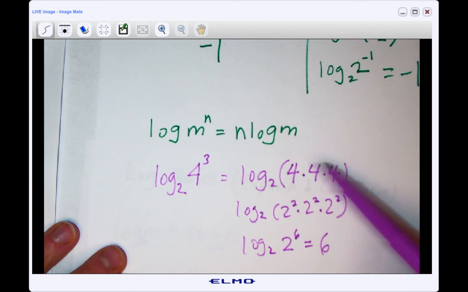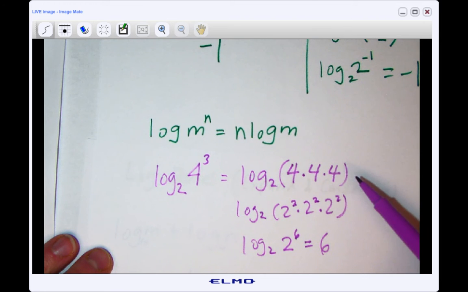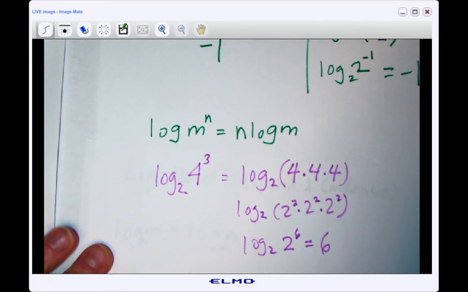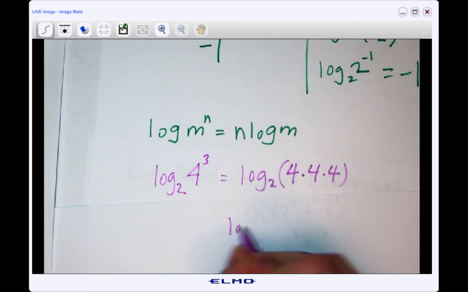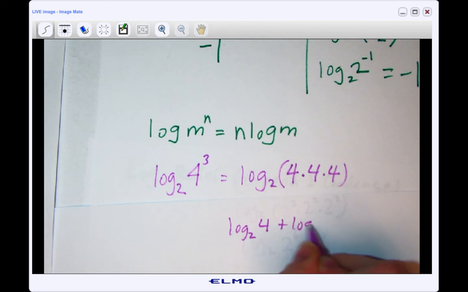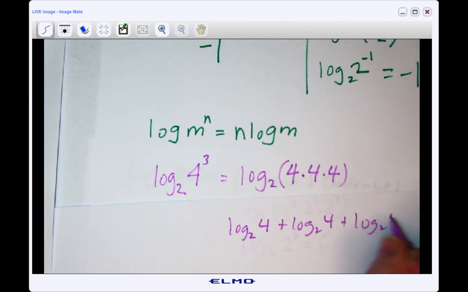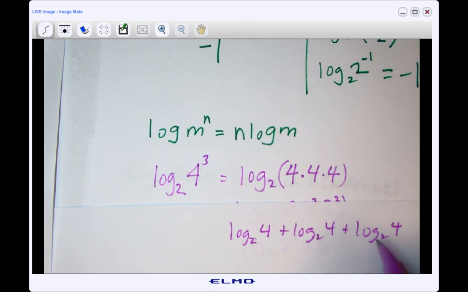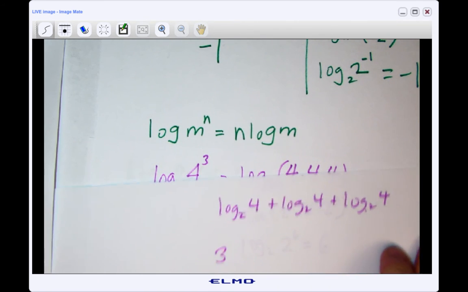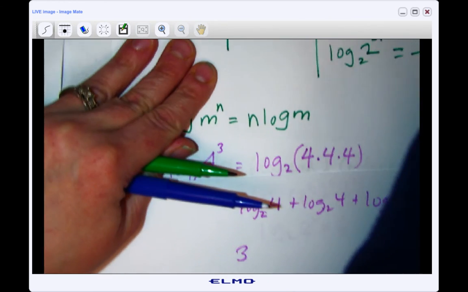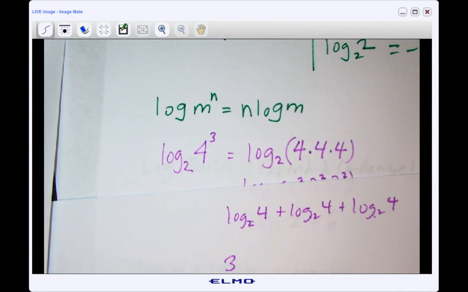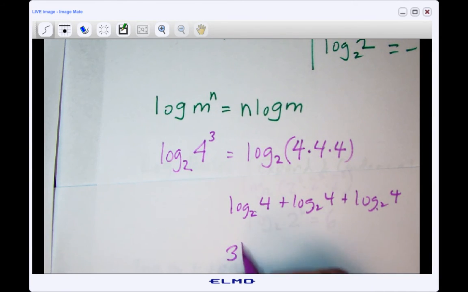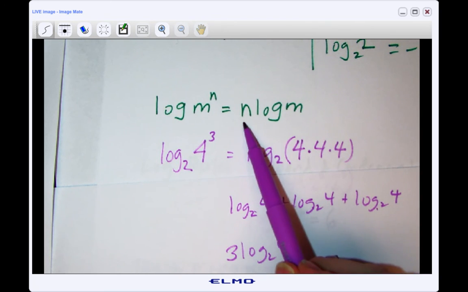Now let's think about it the other way. I could also think about it if you just use the rule that we just learned a second ago. I could actually even break this one apart. I could think about this one as log base 2 of 4 plus log base 2 of 4 plus log base 2 of 4, which is what? 1, 2, 3 of these. So you know how multiplication works. If I'm adding 3 of the same thing together, that's the same as multiplying that value by 3. So this would be 3 log base 2 of 4,